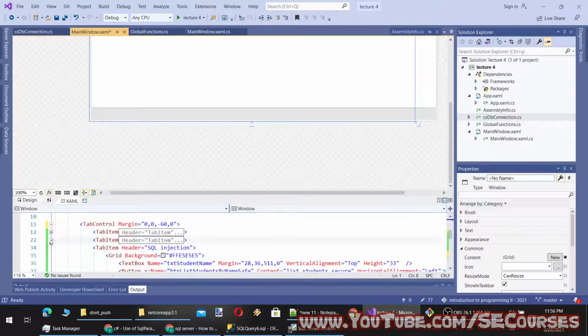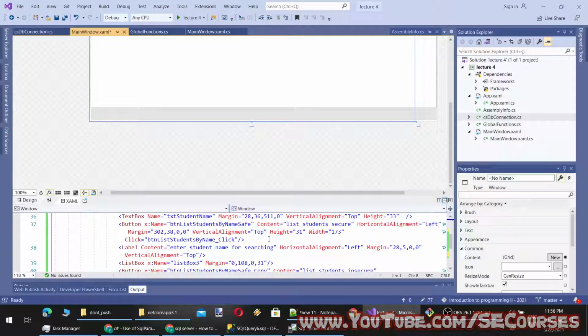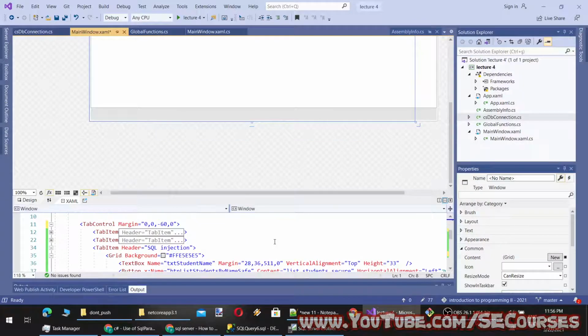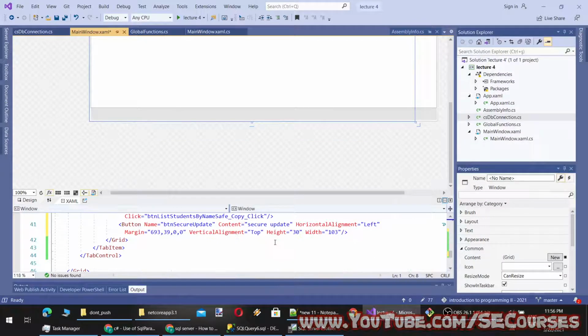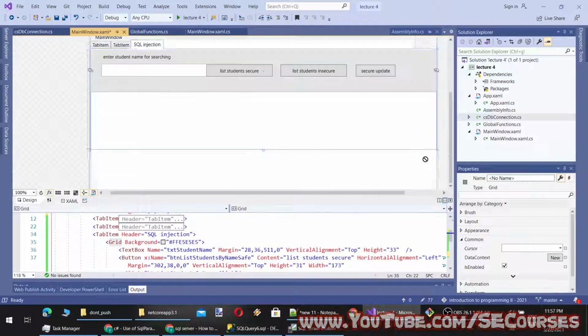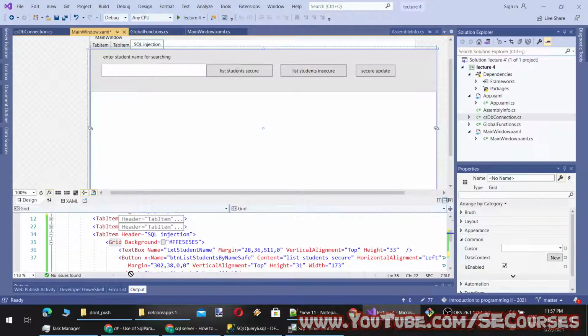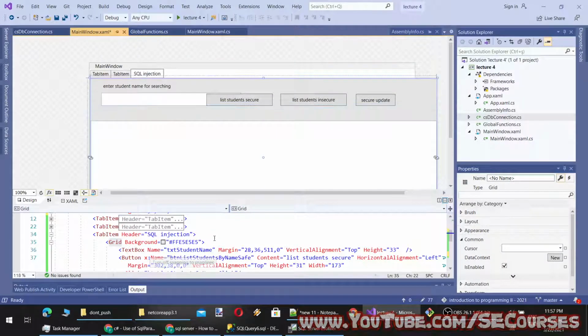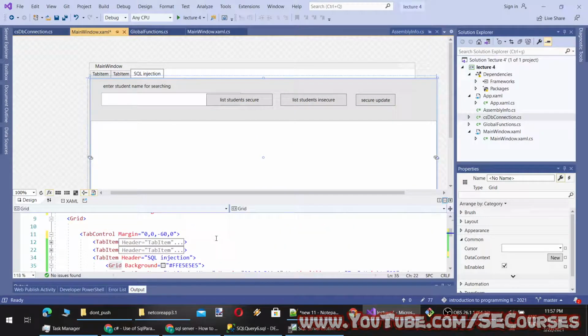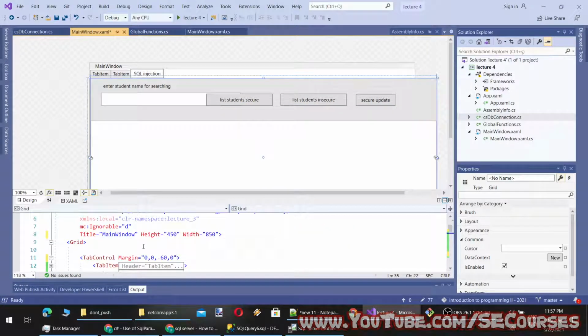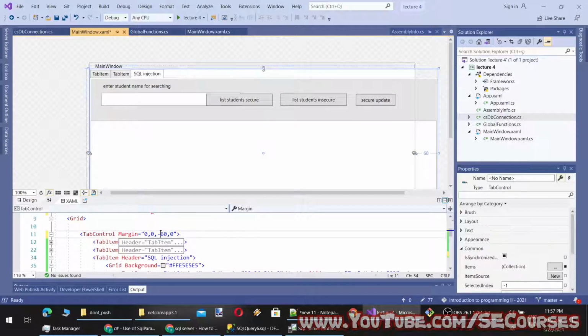Top item, top control margin. Yes, that is the error.